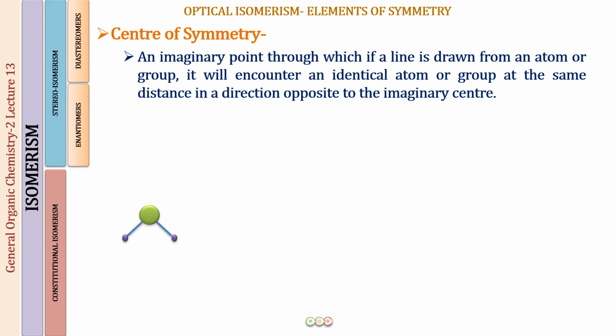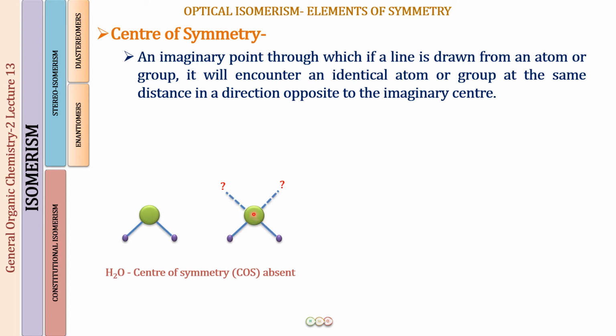The example I am taking is of a water molecule because that is my favorite. H2O, and my channel H2O Chemistry. That is always going to be my favorite molecule. In this water molecule, there is no center of symmetry present. Why am I saying that? Here I am going to consider an imaginary point at the center of the oxygen atom. If there is a center of symmetry present, and if I move on one side and encounter a hydrogen atom, I should be able to move from the center of symmetry in the opposite direction by the same amount to get another hydrogen atom. So it is going to be like this.